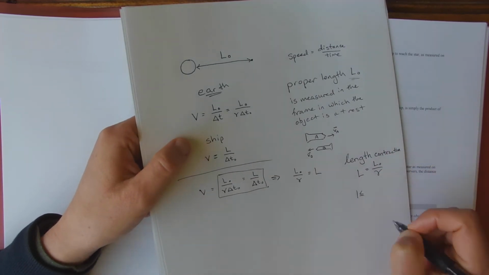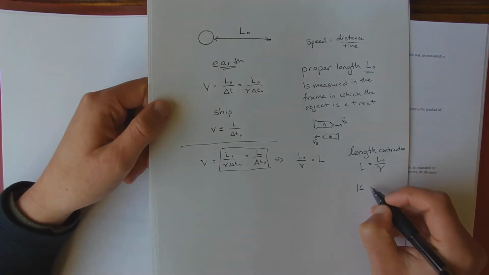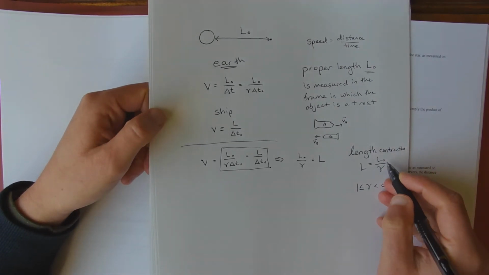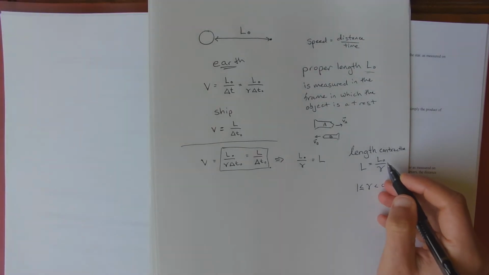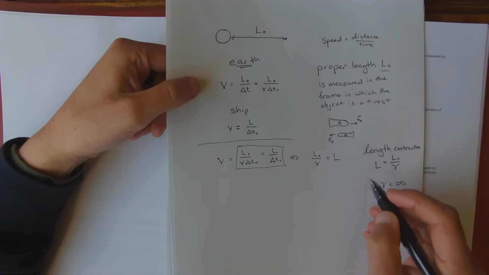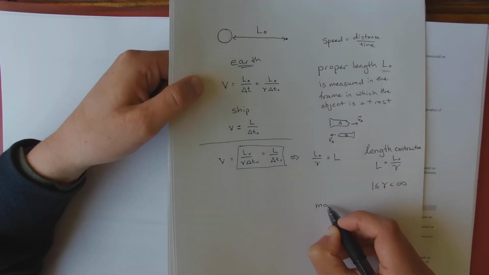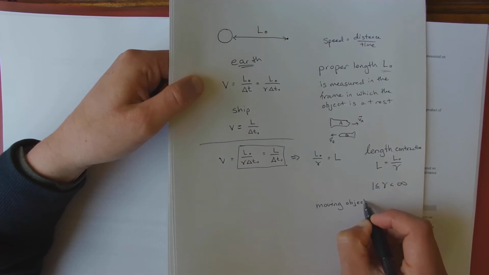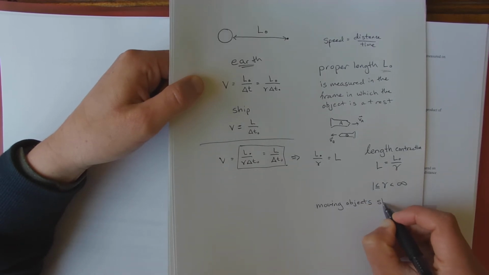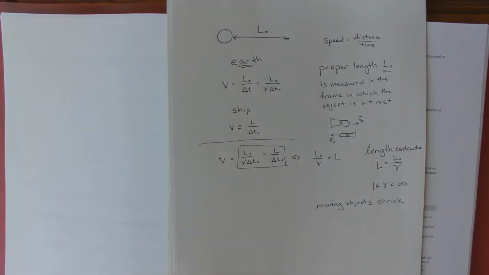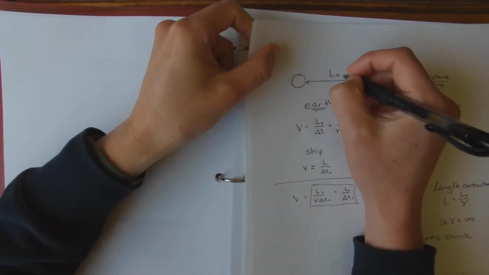Remember that the smallest value that you can have for gamma is 1, and the largest value is infinity. So if you take the rest length and divide it by the correction factor, you get something smaller. So length contraction says that moving objects shrink. However, what we didn't say, but if we go back to our example here, hopefully you can see,